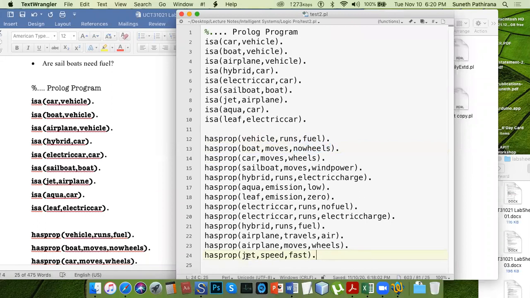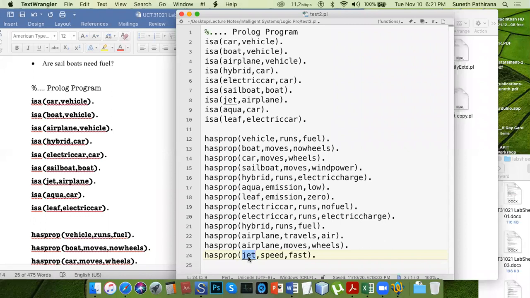Let's discuss the last one. Jet. Jet is a category or subcategory. Once we follow the backward chaining, the Prolog will automatically detect, determine, classify or categorize whether this particular entity is a vehicle category, we are talking about vehicles, or a subcategory coming under that.